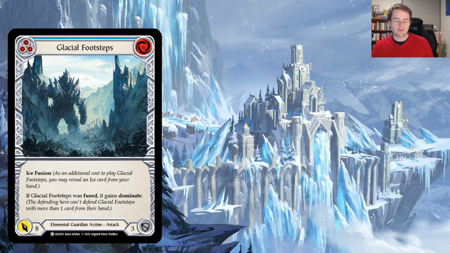So Glacial Footsteps is a 6-cost Ice attack. It's an elemental attack, it's not an ice card itself, but it has ice fusion. So if you reveal another ice card when you play Glacial Footsteps, it is fused, and if it's fused, it gains dominate. And it's just a 6 for 8, a regular sort of rate for a Guardian Blue, but